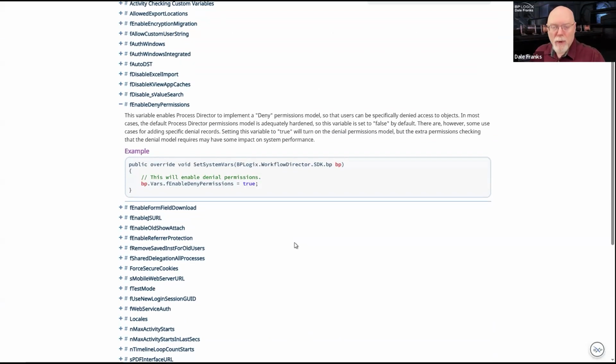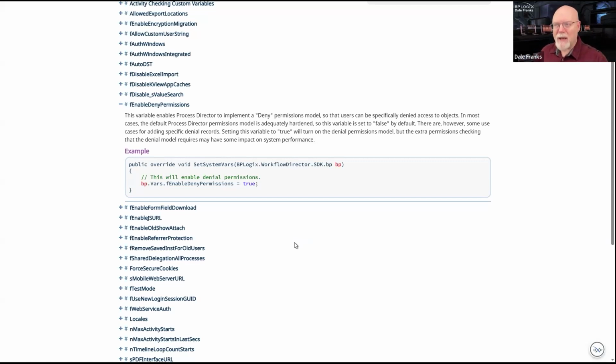What denial permissions allow you to do is to choose a specific object. And rather than say, okay, give this person permission to do A, B, and C, and don't give them permission to do anything else, and they'll always be able to do A, B, and C because you've given them the permission to do so,